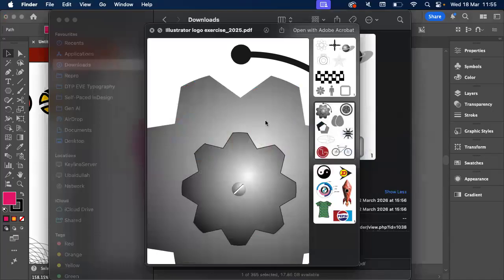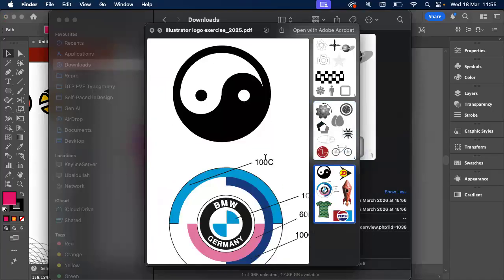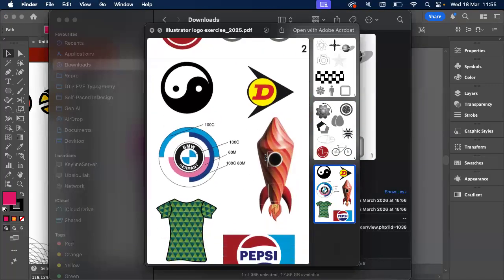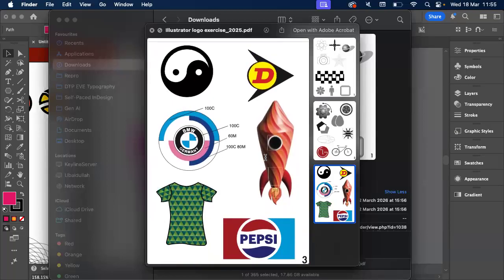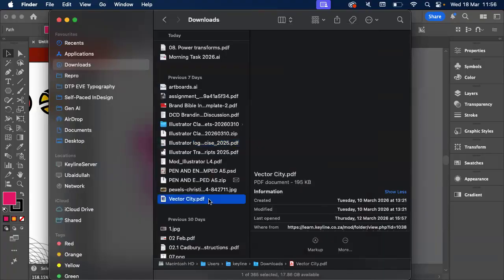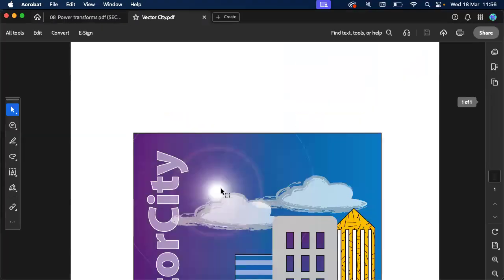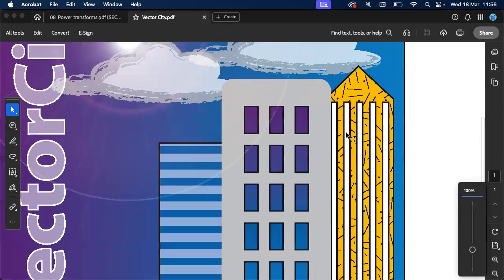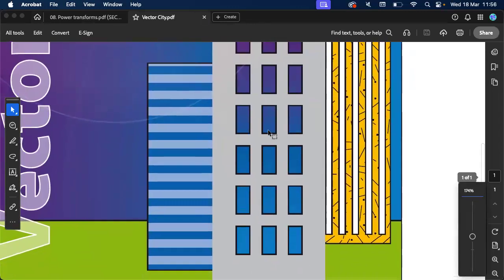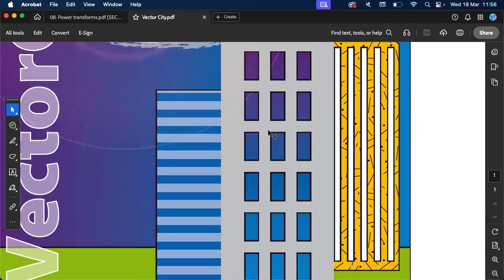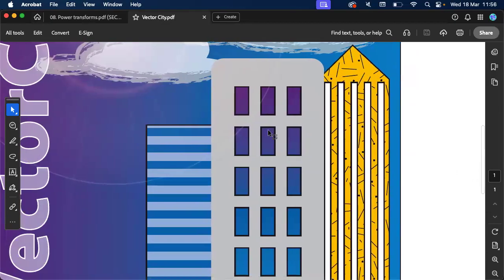For you guys, I've been through some of these logos. You are going to get a third page or so that is going to see us into a bit of 3D and so on, but this will come to you a little bit later on. What you do have is your first two pages, and then you also have Vector City. Now, Vector City has compound parts being used, hence why I showed it to you guys, because that gradient that's flowing through the windows,